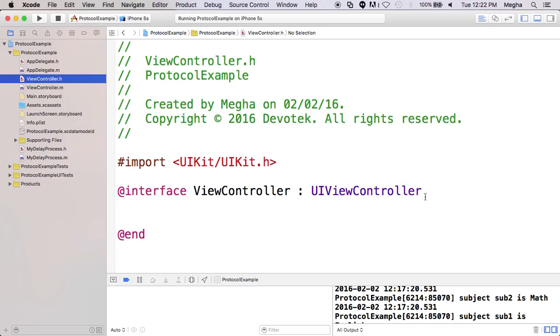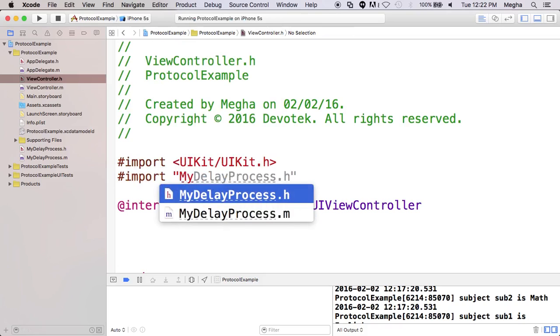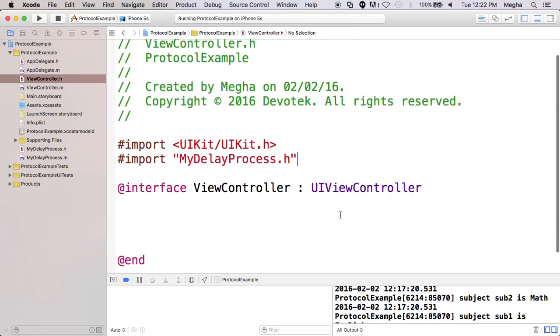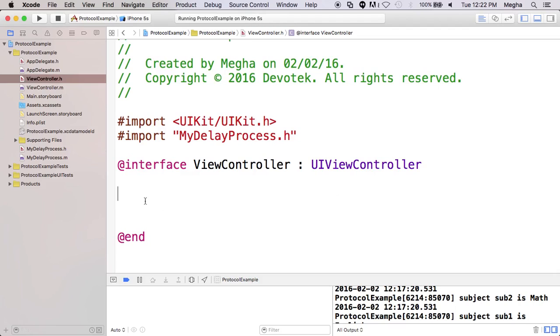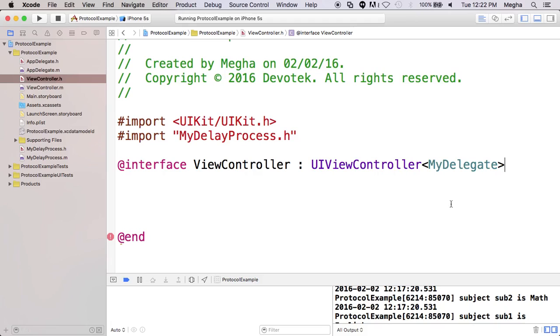Now I'm going to use this one in my class. First thing I have to do is implement my delay process header. Then you can have your protocol, the delegate, added. If you want, you have the method body required. This my delegate is an abstract or protocol. So what is the use? The moment I have the my delegate,